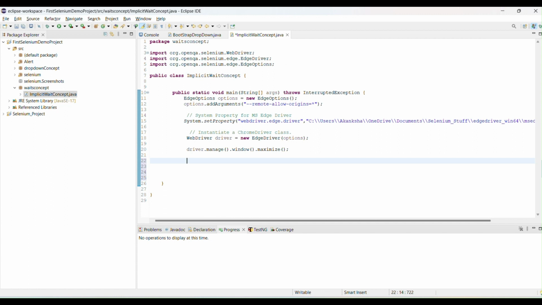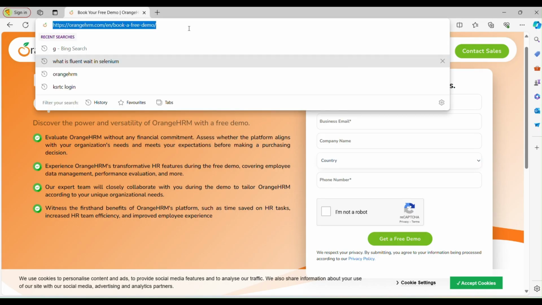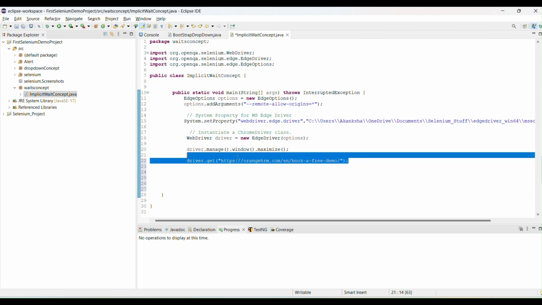So how are we going to open it? The driver.get method I am going to use for providing the URL path, because we always use the driver.get method if you want to launch the website, right? So I just provided the link here inside this. So this will open the website, right? So see,